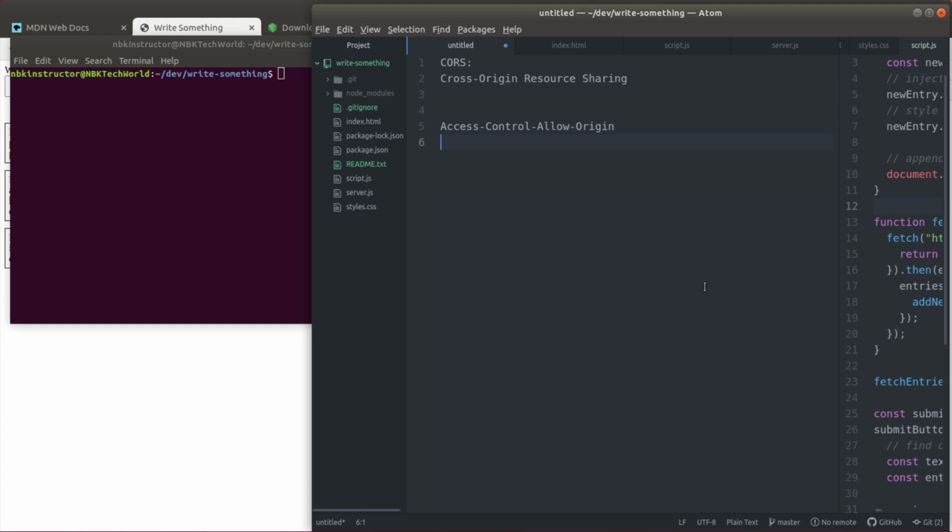Now, let's dive into what CORS really means. Let's reproduce the error again. Okay, so this lesson will be dedicated to going into more details about this problem. So let's go back to